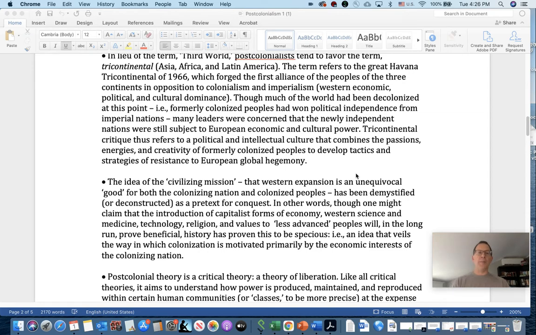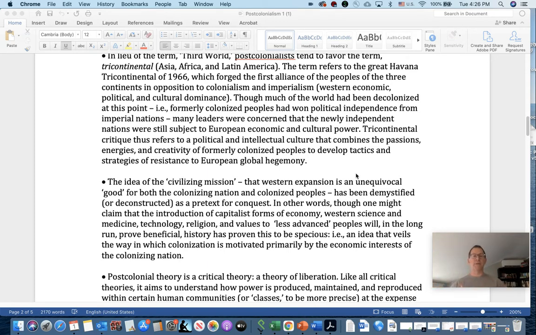Though much of the world had been decolonized at this point, that is, formerly colonized people had won political independence from imperial nations, many leaders were concerned that the newly independent nations were still subject to European economic and cultural power. And the tricontinental critique thus refers to a political and intellectual culture, or a culture of ideas that combines the passions, energies, and creativity of formerly colonized peoples to develop tactics and strategies of resistance to European global hegemony